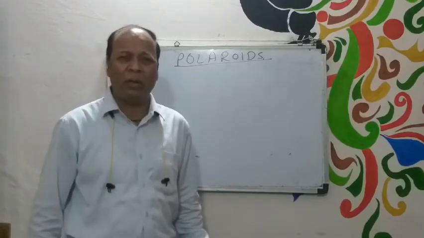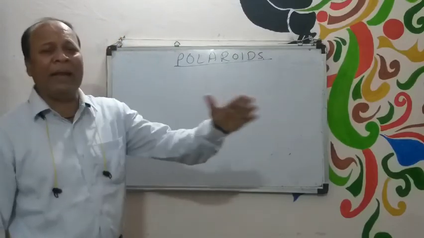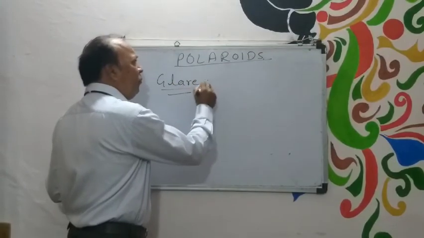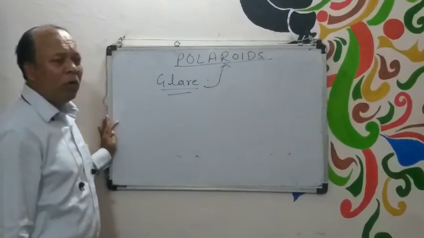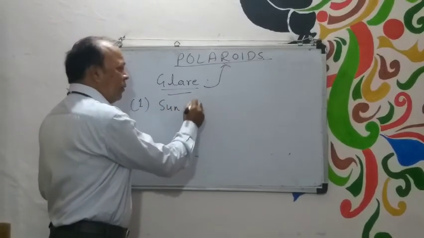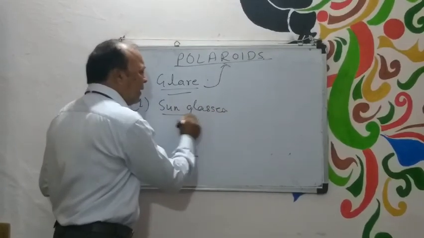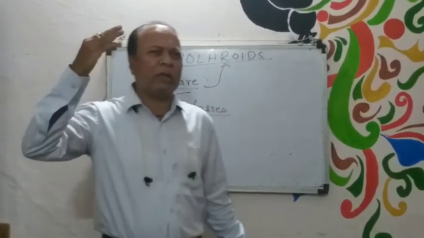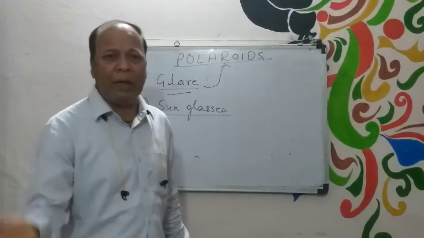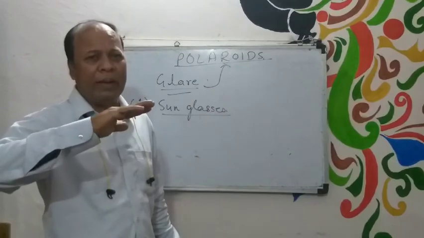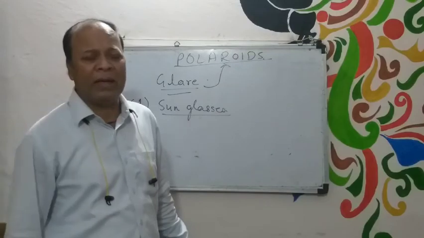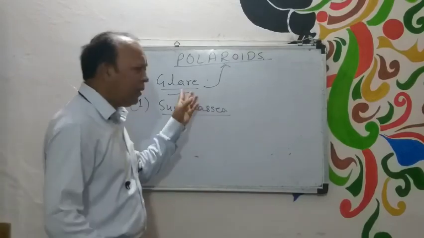There is a lot of glare. But just to remove the glare of unpolarized light, we use Polaroids. So Polaroids are generally used in sunglasses. What happens in sunglasses? In sunglasses, we use some different type of crystals that generally restrict some optical vectors. Only those optical vectors that are plane to its axis may cross the sunglasses and the glare is reduced.